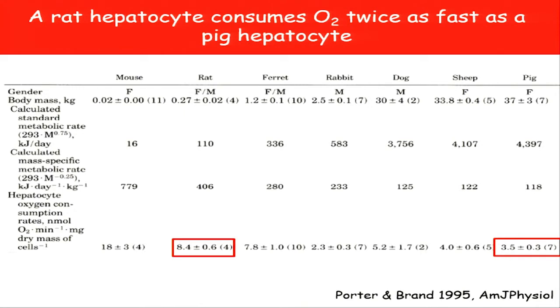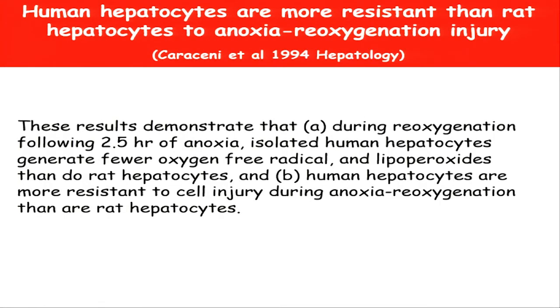Understandable. But a pig of 37, so 37 kilograms, is quite a small person. So this is going to be an even bigger difference. But rat to human is at least a more than 2 times difference in oxygen consumption rate in these tissues. And then if you look at an experiment that is a typical experiment, I would say, done, this time